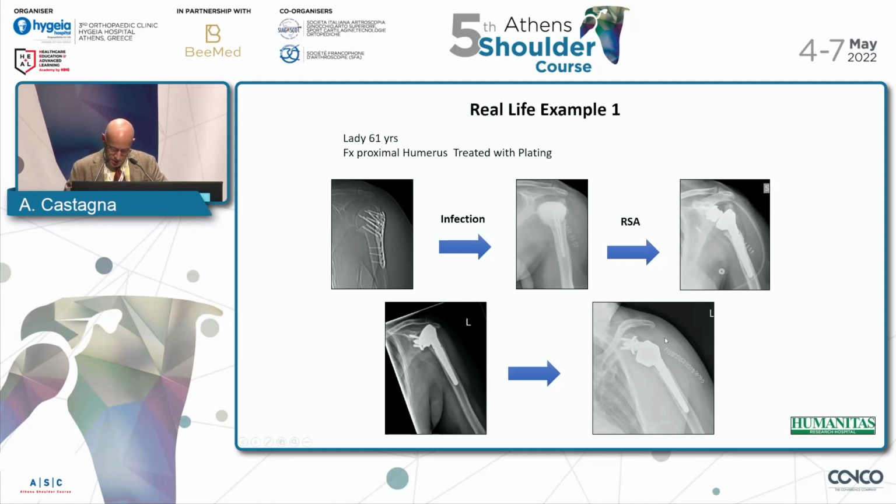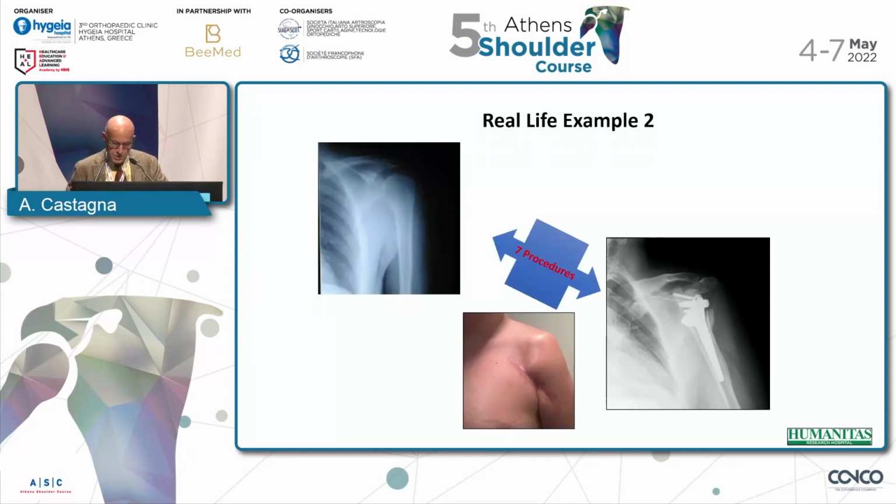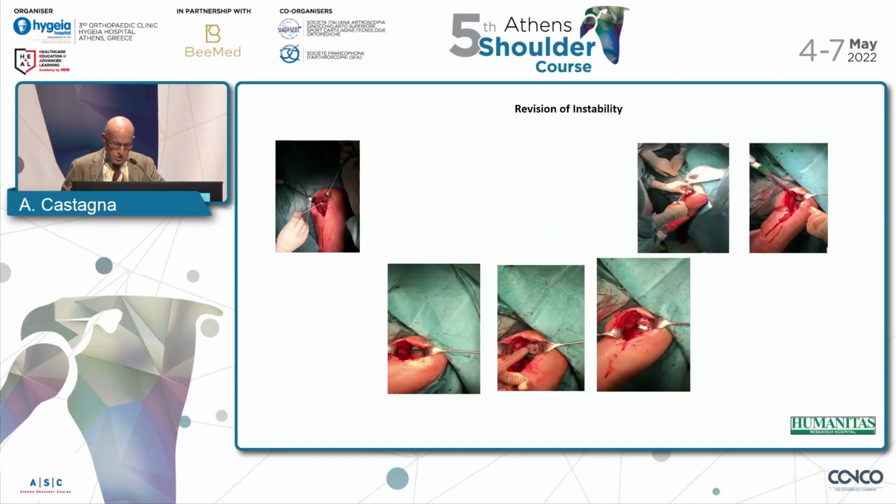This is a typical Grammont design. 150 is the angle of the cut here, so lateralizing on the humeral side was enough to provide good stability. This is not always true. This is a boy that I took after 7 procedures, and with this instability, in this case, I decided to go for glenoid and humeral lateralization. So I used a larger glenosphere plus a lateralizing